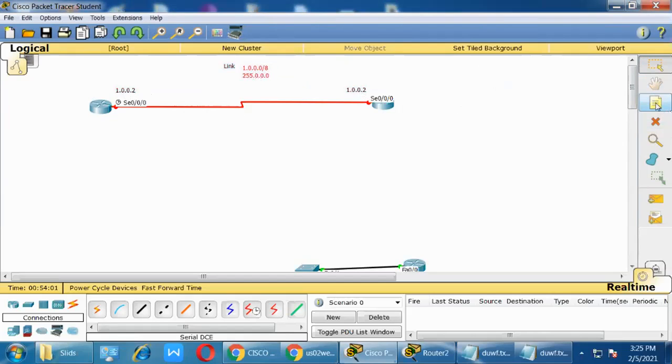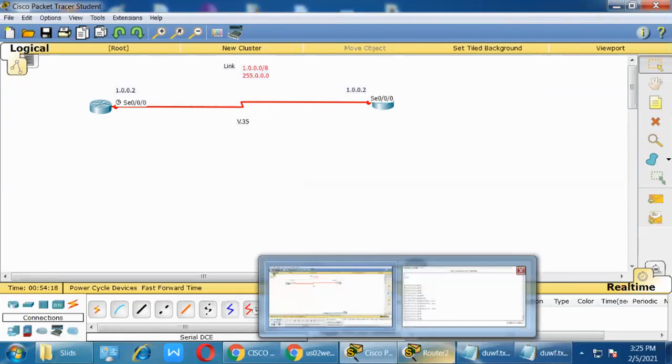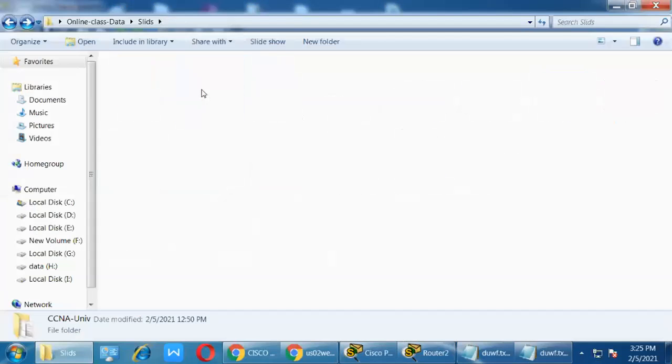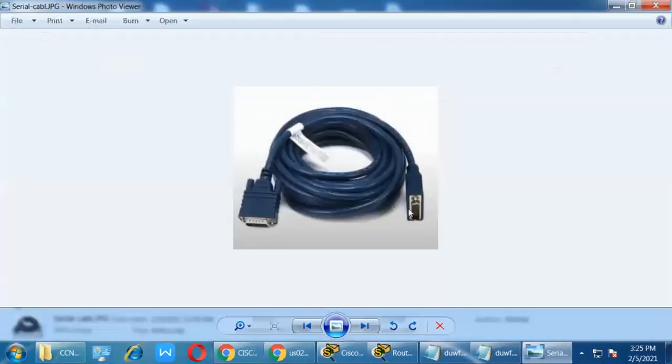Okay. So which cable am I using here? This cable is a V.35 cable. Now, for practice purposes, I'm using a back-to-back cable, a serial back-to-back cable. Both sides have the same connector, so there is no change.